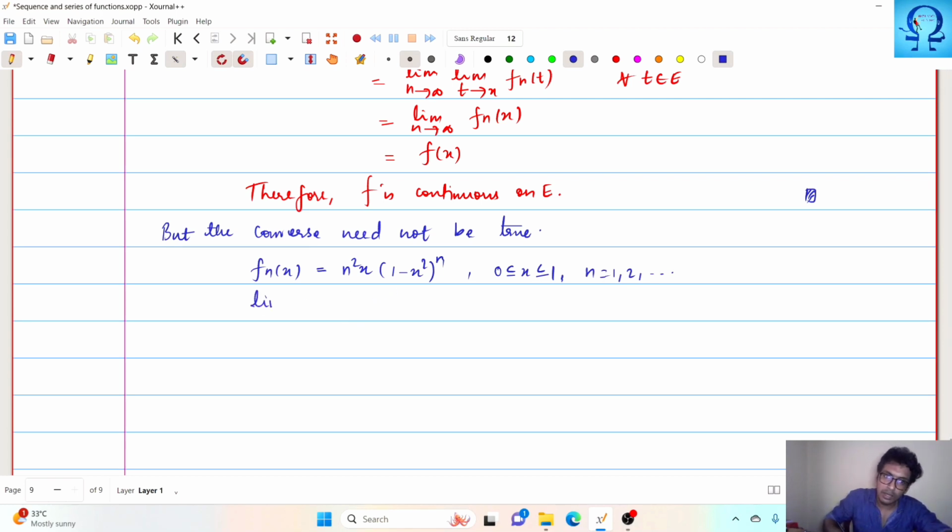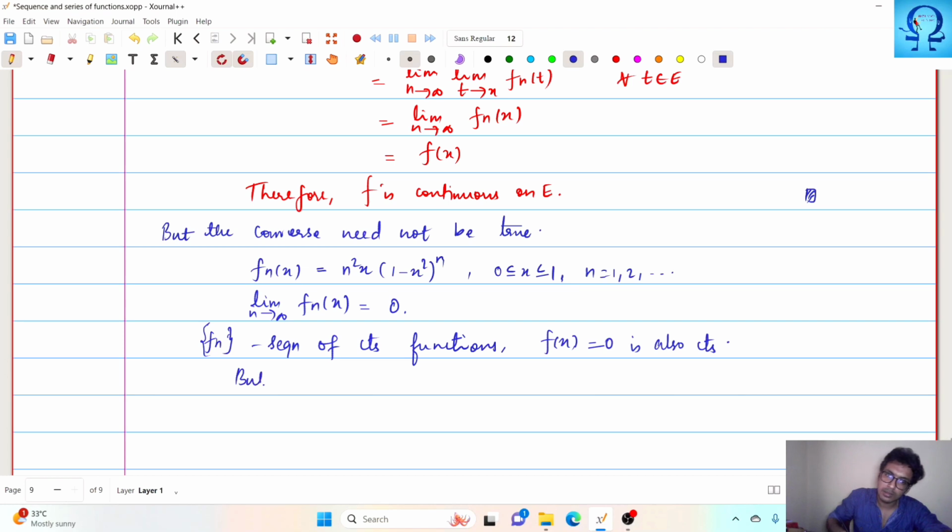Here, the limit of this pointwise convergence is 0. Here fn is a sequence of continuous functions. Our f of x, which is 0, is also continuous,